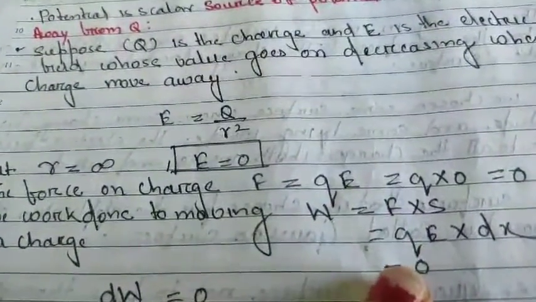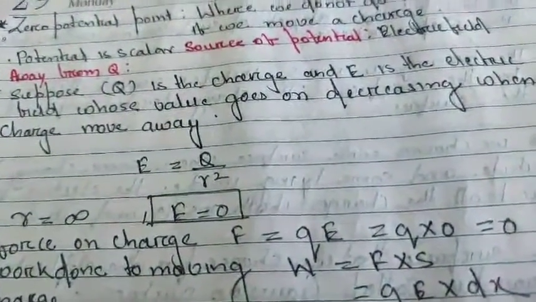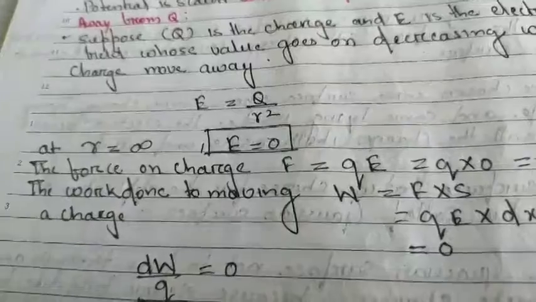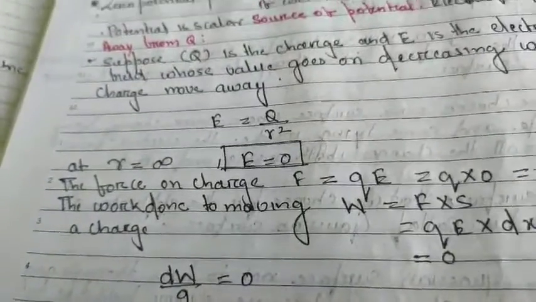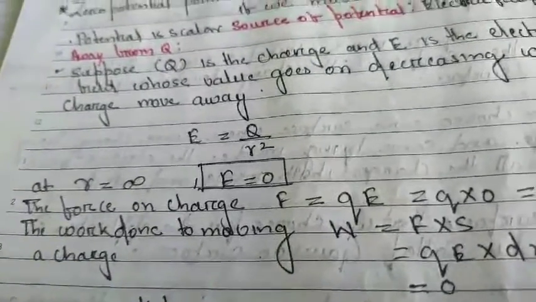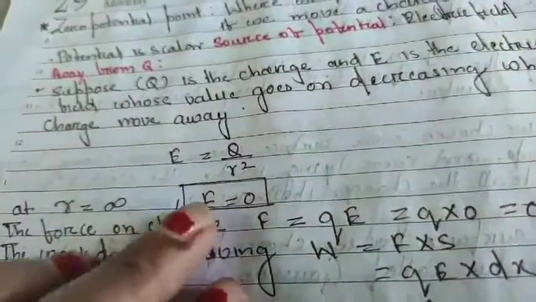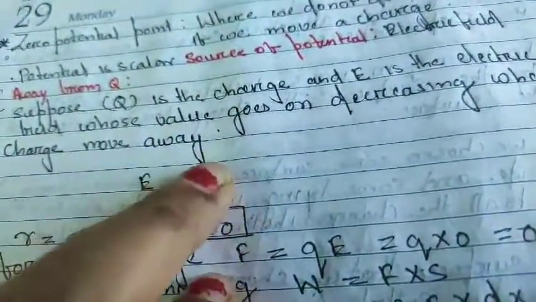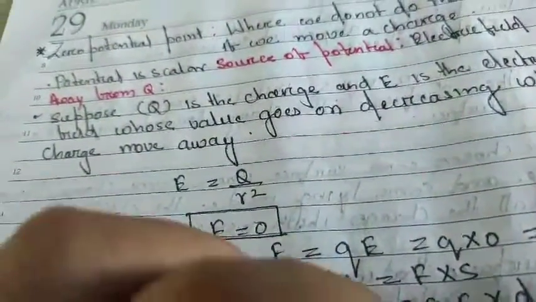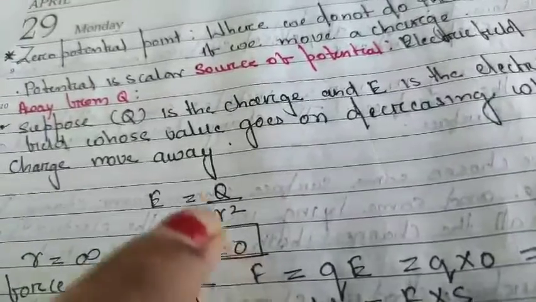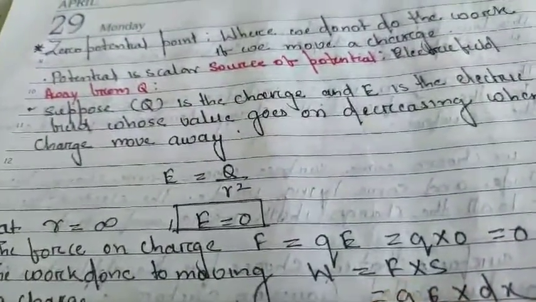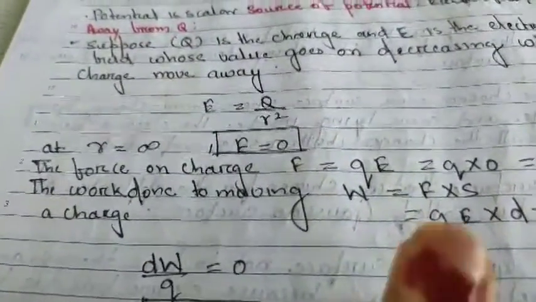So infinity, what happened? We have to consider it as zero potential, means any charge which is kept at infinity, the work done is taken as 0. You are trying to do the work to bring the charge to a certain point, but you are not able to do that, means your work done is 0. So this is the case what I have told you. Suppose a charge at infinity, my dear student, you are trying, but the charge is still at infinity, distance of separation, at that time the electric field is 0. If the electric field is 0, your force is 0, and if your force is 0, my dear, then your work done is 0. Clear to you?